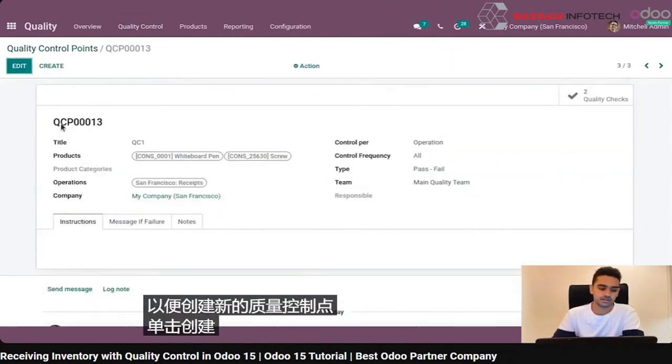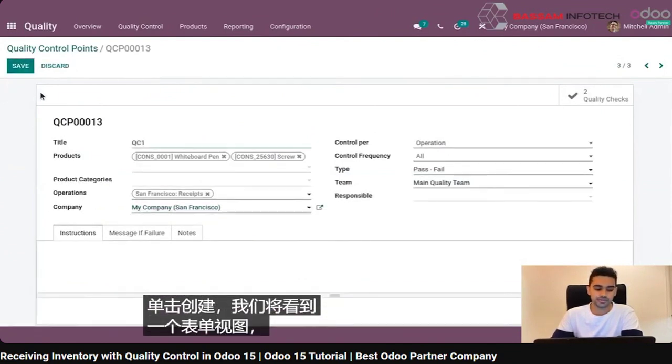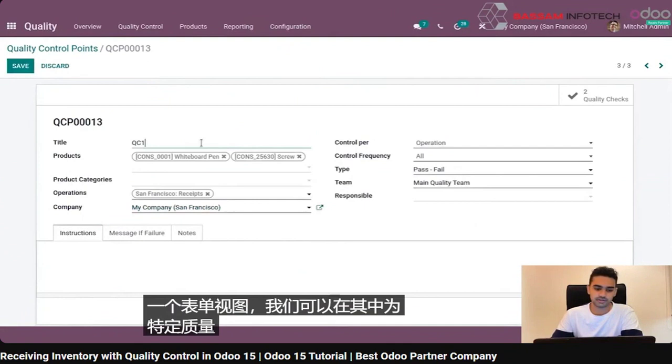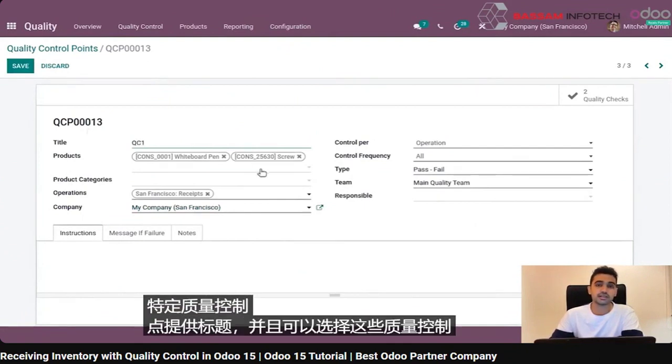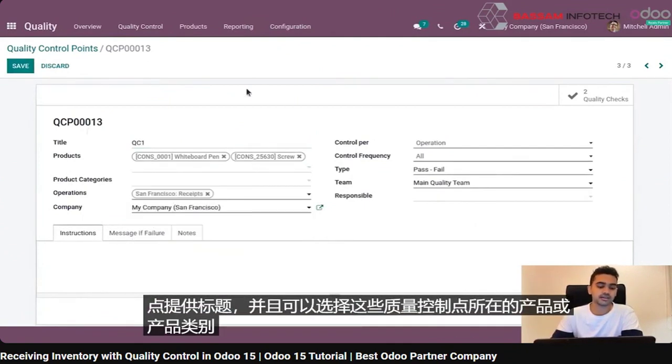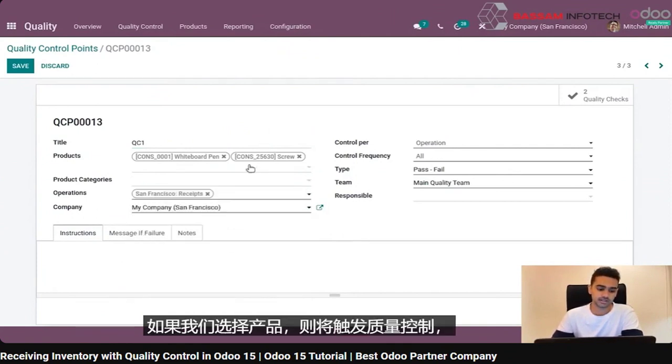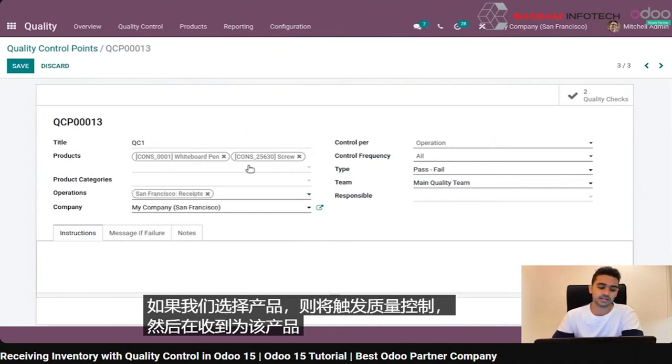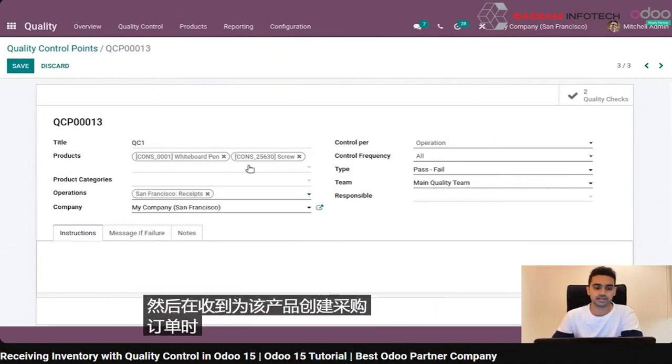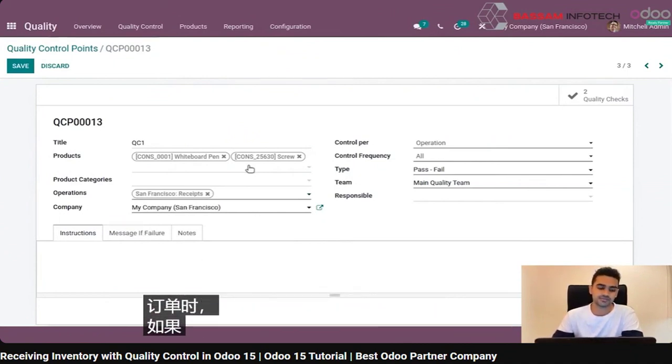So to create a new quality control point, click on create. On clicking create, we will be presented with a form view where we can give the title to the particular quality control point, and we can select the product or product categories on which these quality controls have to be triggered. If we select the product, then on creating purchase order for that product, this quality control point will be